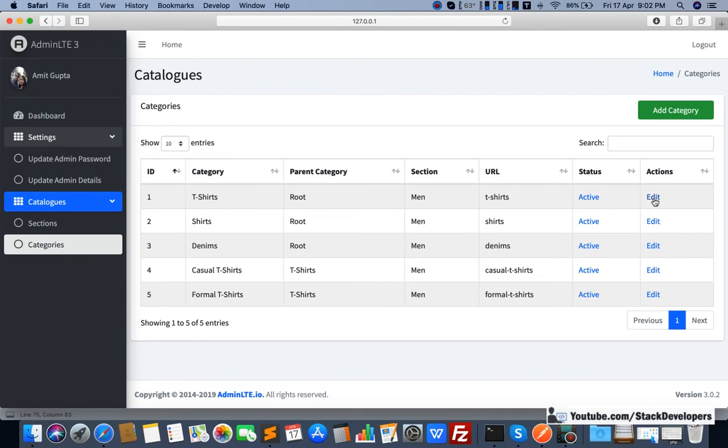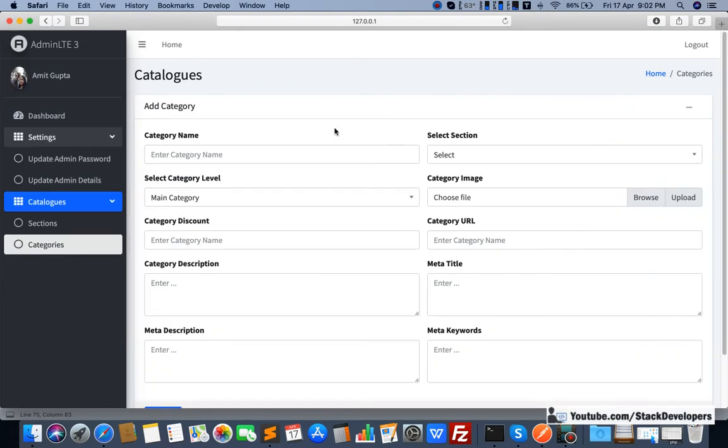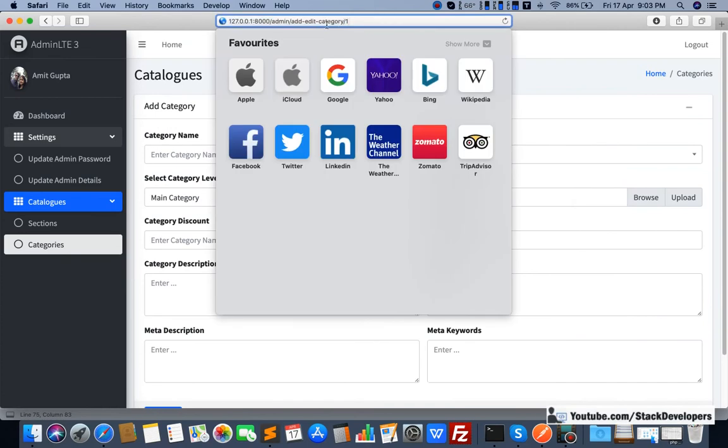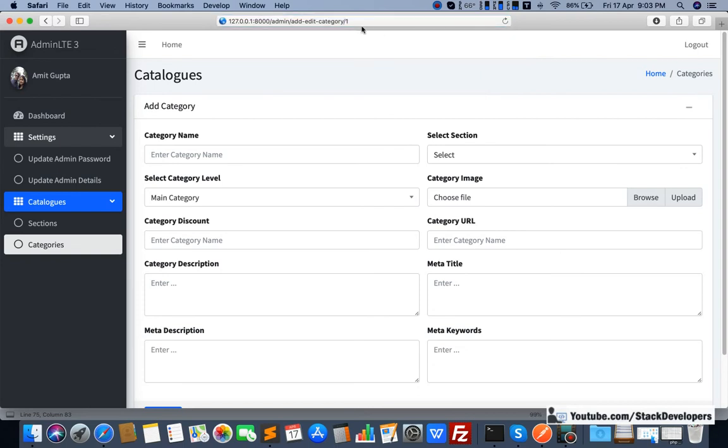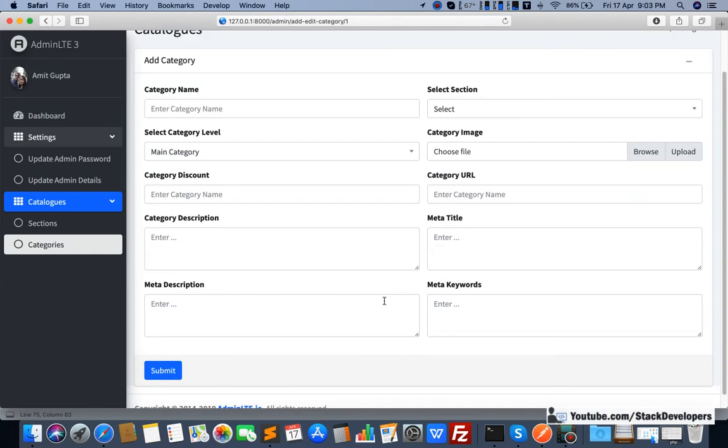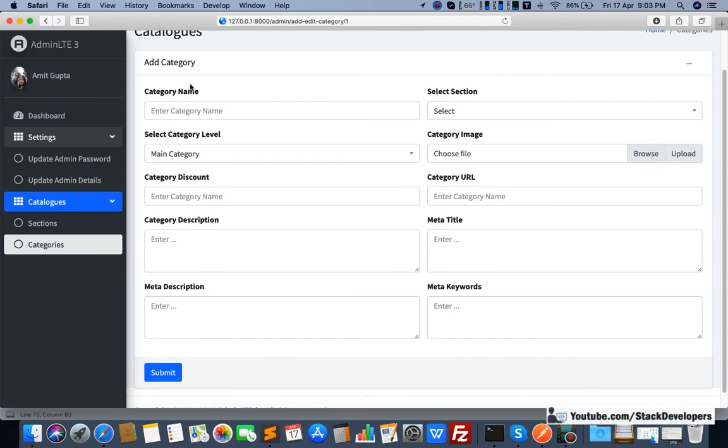That same link will open. See here, the same link opened. The only difference is that this time it is add edit category with an ID. In the case of add category we don't have this slash category ID, but now we are able to get that ID. With the help of this ID, we are going to get all the details and fill all the details here in our add edit category form.